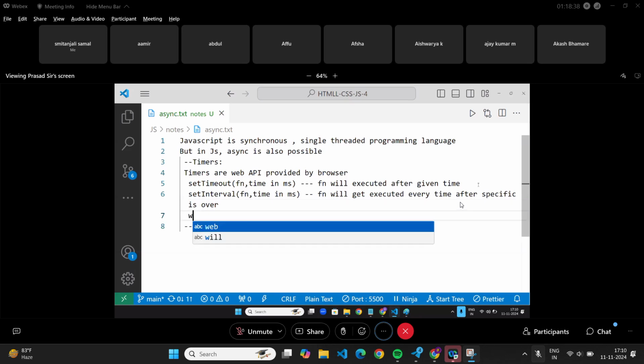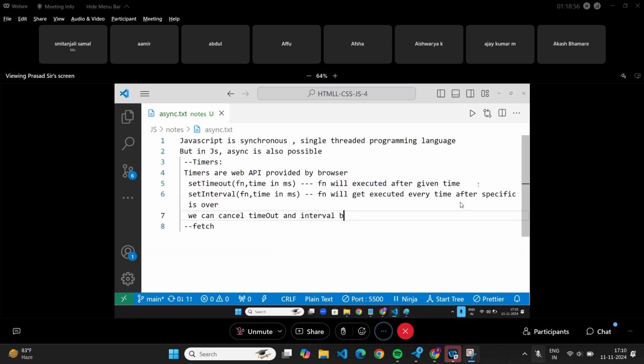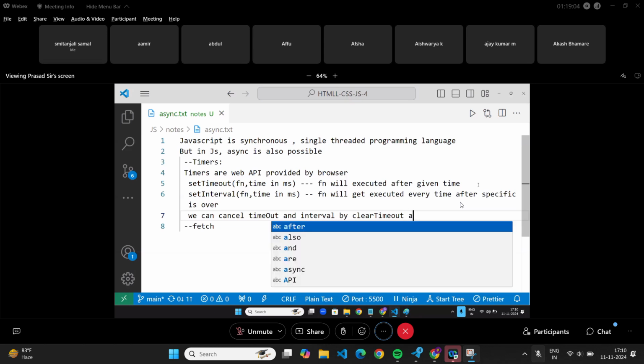We can cancel timeout and interval by the clearTimeout and clearInterval functions.